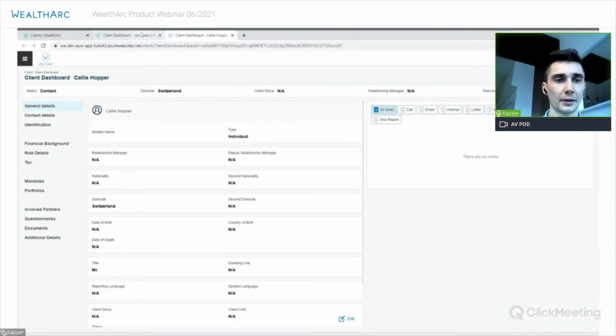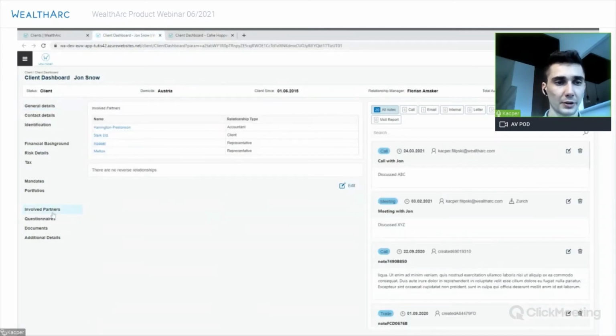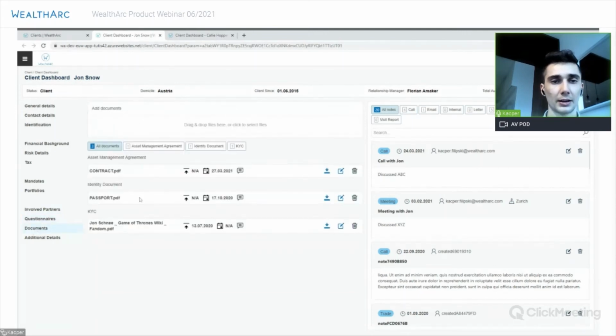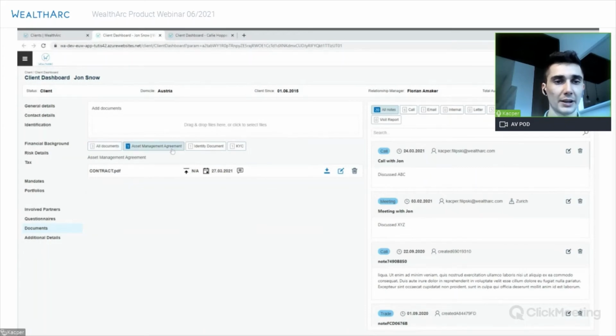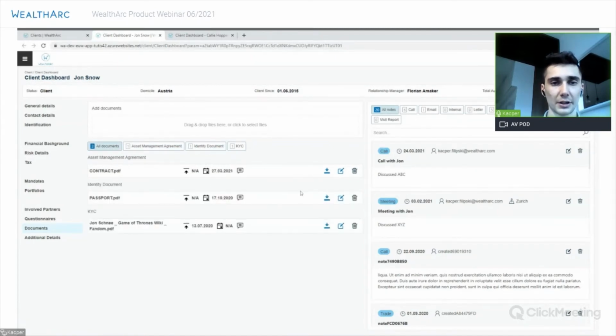that client. So going back to the main client dashboard, we also have the questionnaires, the documents. Here it is slightly improved, and you can see that there is a drag and drop section where you can put all the files in bulk, and then assign the categories. So they will be grouped into those sections. You can, for example, quickly check for only the asset management agreement or only for the identity documents and so on. So this is really easy to do. And here you can also have some description of the documents.